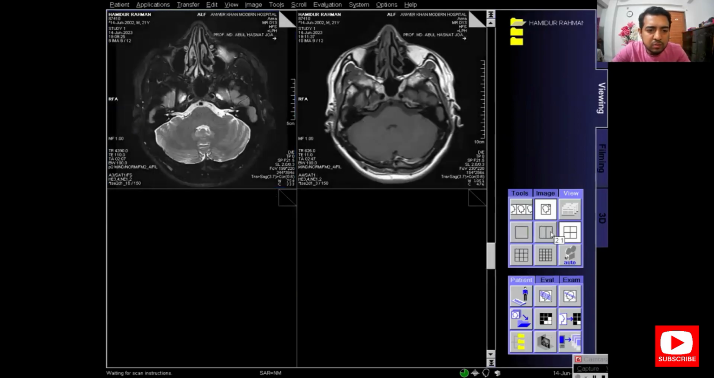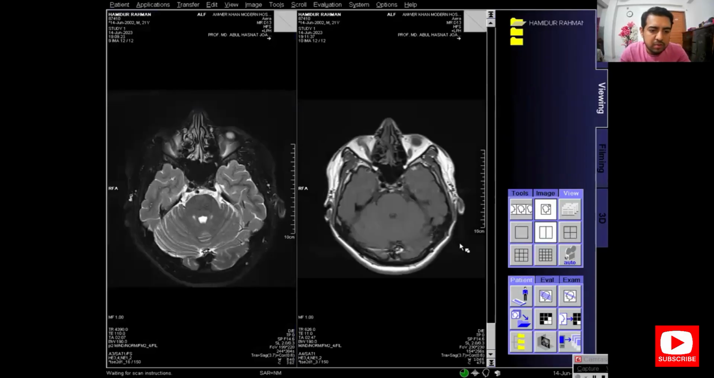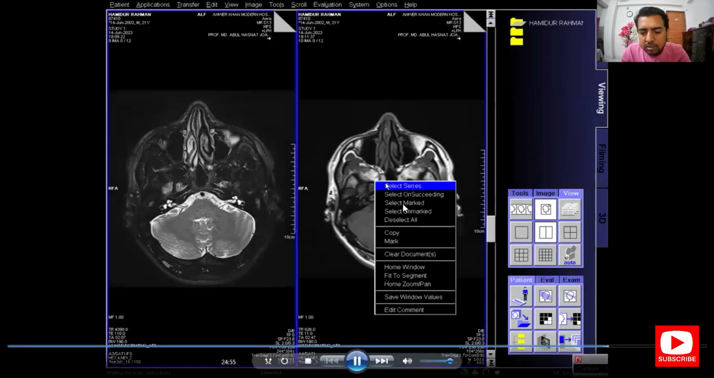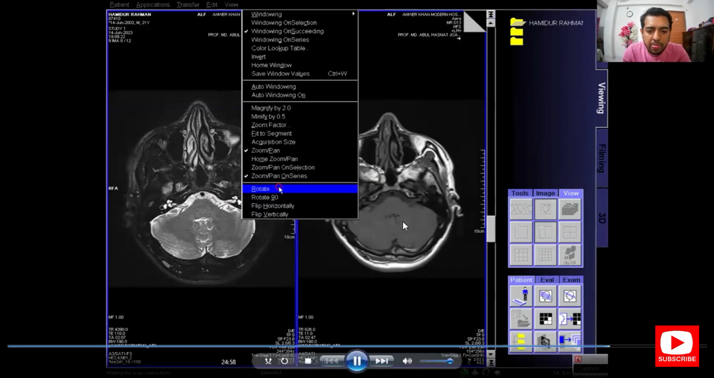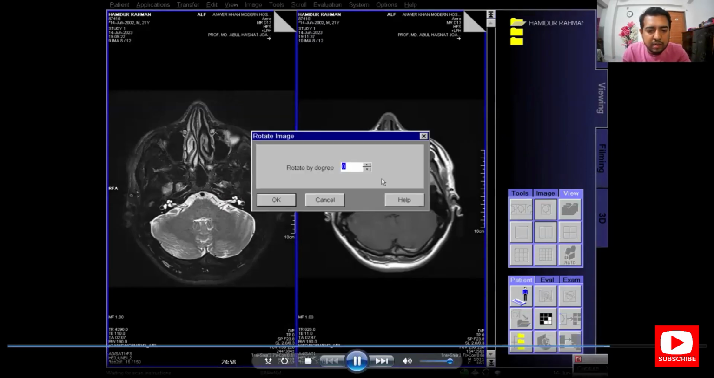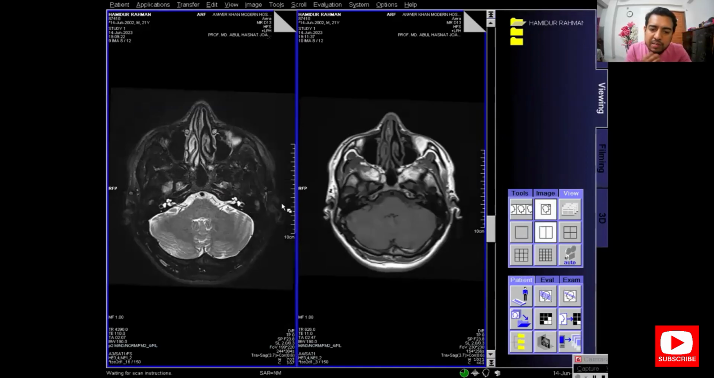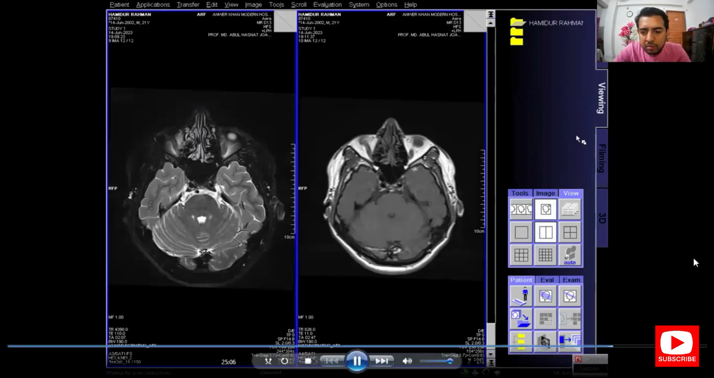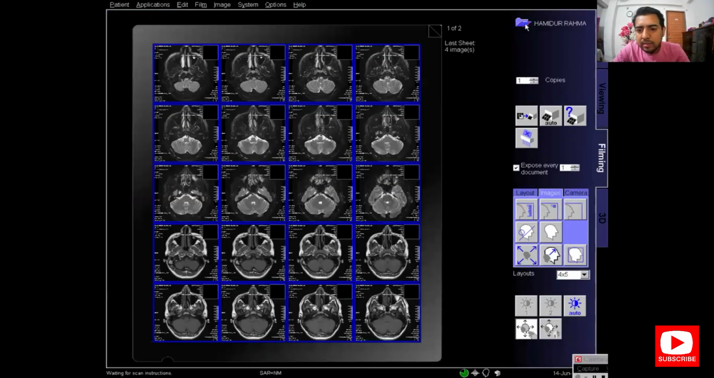And there is a T2 axial fat set. The first one is the T2 axial fat set, and the next one is the normal T1 axial. So I am rotating the image slightly so that the images become straight, and I'm viewing both the series at the same time, and I send both the series to the filming. And now I'm in the filming and selecting the 4:6 layout